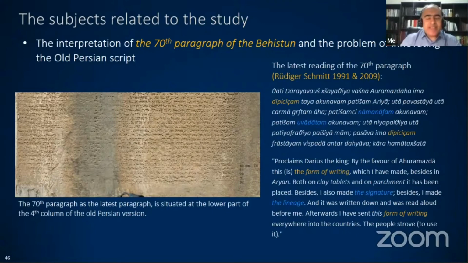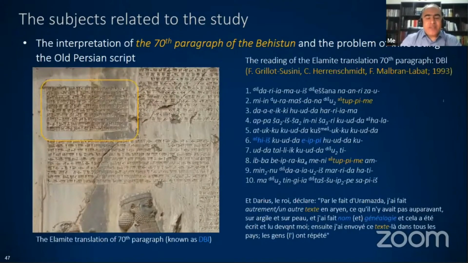Despite the uncertainty in reading some of the cuneiform signs in the paragraph, its Elamite correspondence is entirely legible. However, there is an argument over the Elamite term tupime, whether it means script or text. As a result, there is a controversy amongst the Assyriologists as regards the innovation of the Old Persian script in Darius' time. Some scholars, such as Walter Hinz, believe that the Old Persian script had been innovated by order of